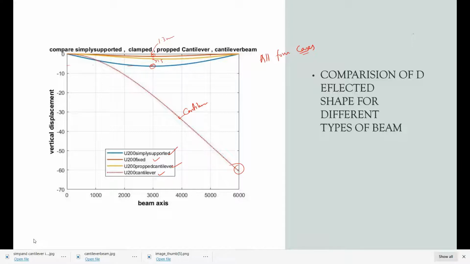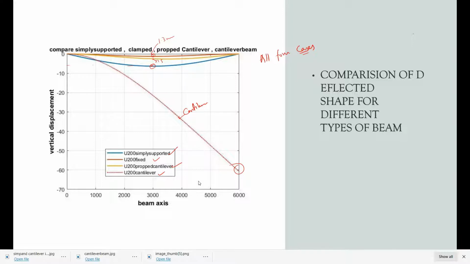So we can see that the fixed beam has the least deflection of all the cases, 1.3 mm. The next is 2.5 mm for the propped cantilever beam, then the simply supported beam, and the maximum among all was the cantilever beam.